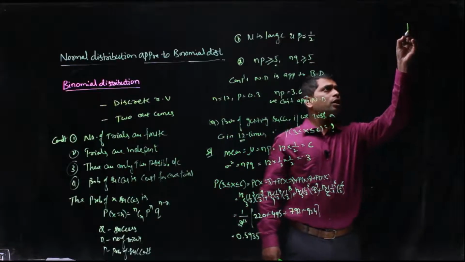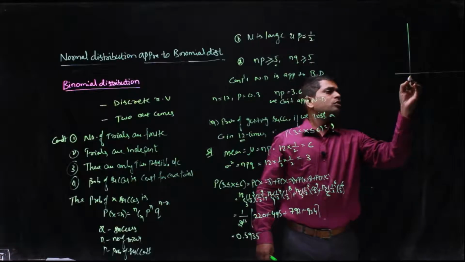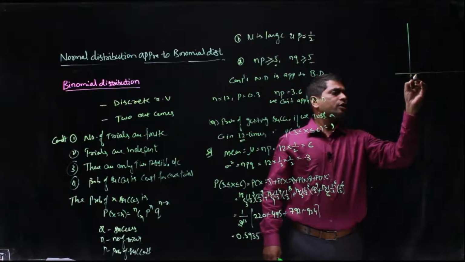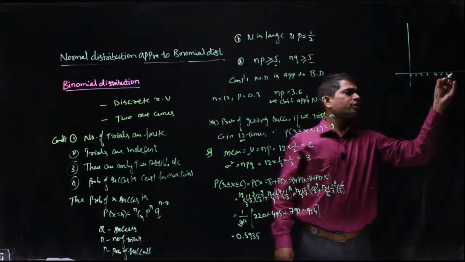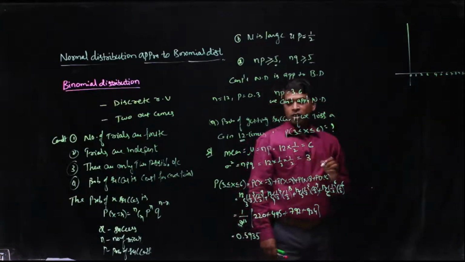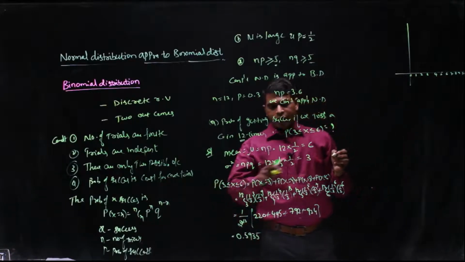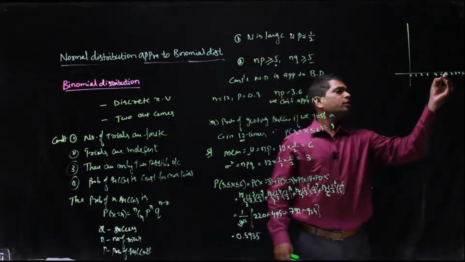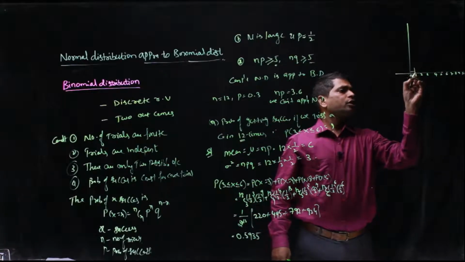If you draw the probability distribution curve of the binomial distribution, this is getting 0 successes, 1 success, 2, 3, 4, 5, 6, 7, 8, 9, 10. Here n is equal to 12 trials, counting successes. If you write it as a binomial distribution, the mean value we get here is 6. So the mean is equal to 6, and the distribution looks like this.